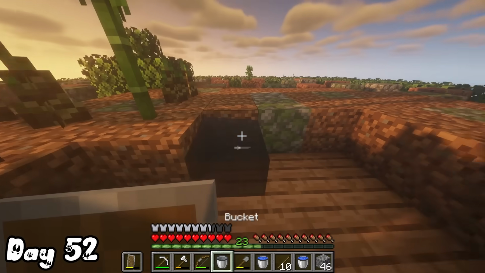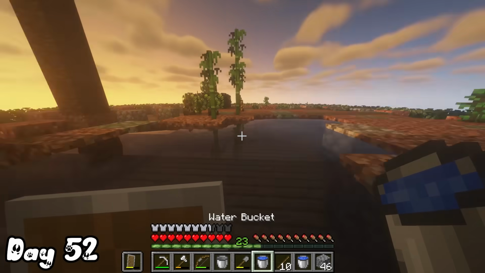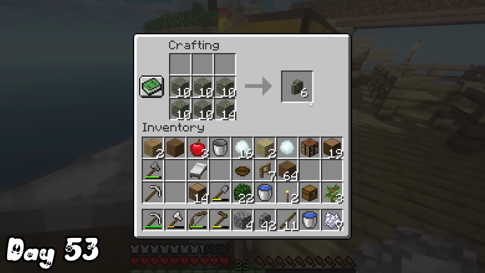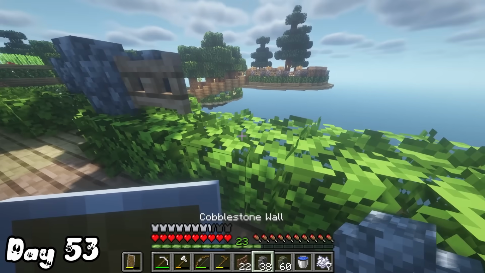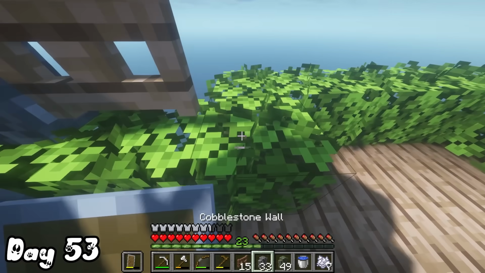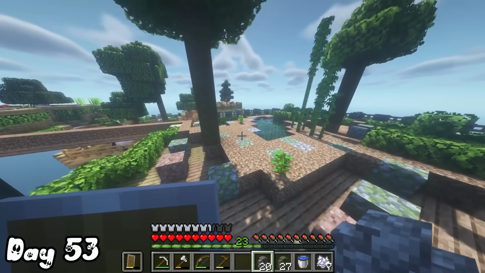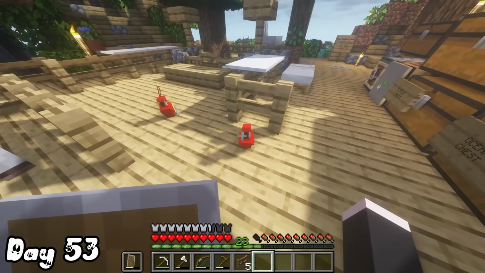And I even made a little lake so that I wouldn't have to actually place any blocks there, and it would really save up on space. On day 53, I started fencing off the area by using some cobblestone walls and some jungle fences. Finally, it was time to bring all the animals up, so of course I set up the parrots and